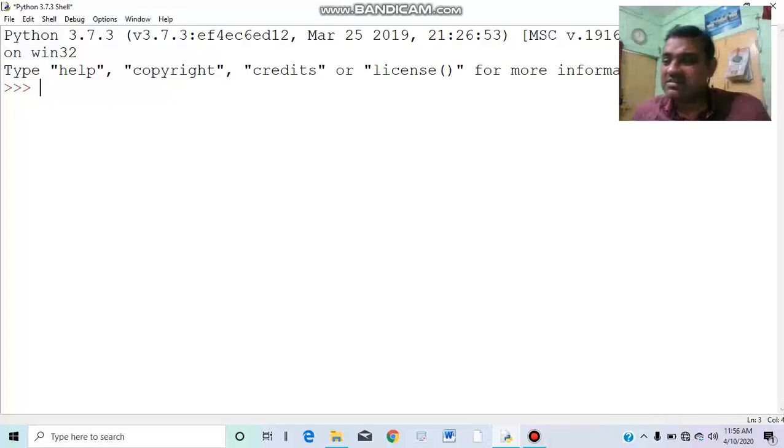So today I'm here with the rest of the topics of list. Yesterday we discussed the topic up to slicing. Perhaps not slicing, slicing is yet to be discussed. I have discussed up to the replicating function, the star I have used, and joining as well, the plus operator and star operator. Today we will discuss slicing and a few more functions of list.